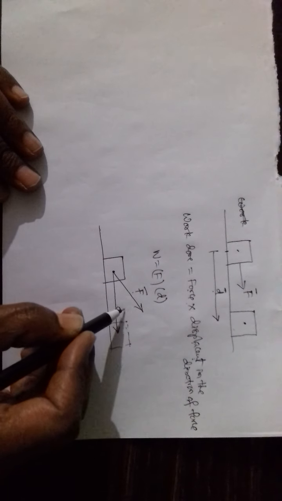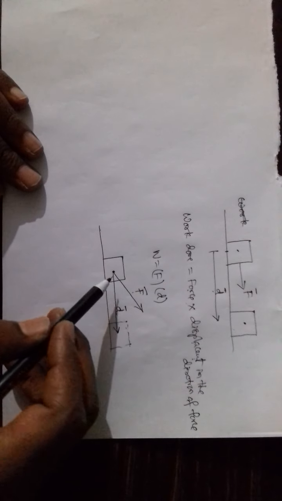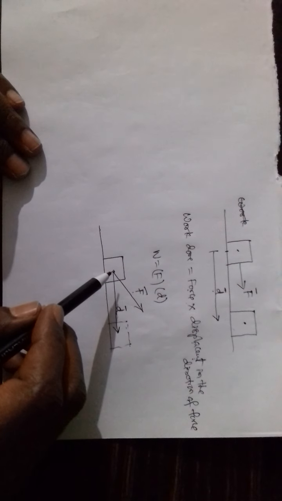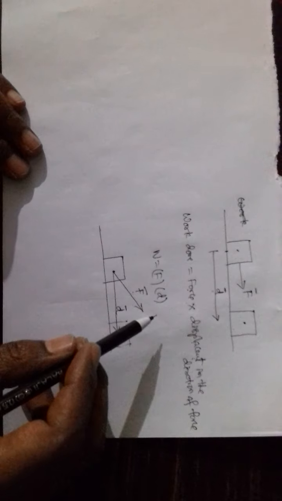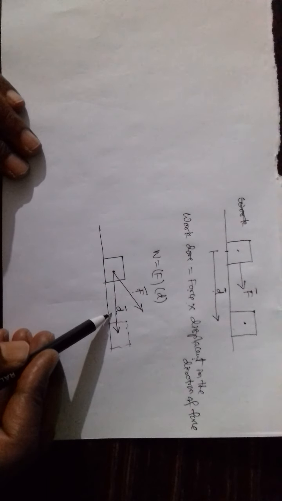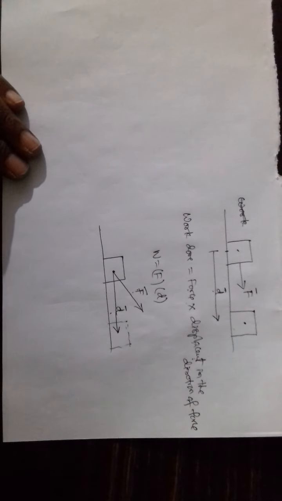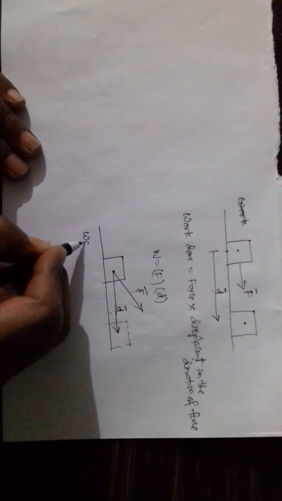This is displacement. You see, when you are pulling the block with the help of a rope, the force will be working in the direction of the rope. So this is force vector, this is displacement vector, and these are not in the same direction. And work done